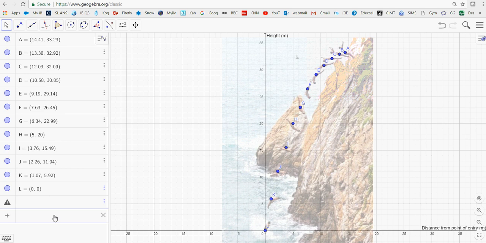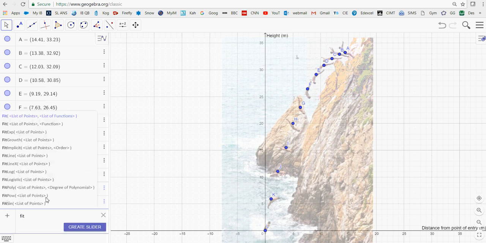So we can type in fit. Notice different types of models pop up. We've got fit sine for a trig, fit power, fit polynomial, if you want a quadratic, a cubic, a quartic, a quintic, and so on, higher degrees, logistic, log, line, x, implicit growth, exponential, and so on. So I'm looking at a quadratic, that's my idea for now. So polynomial,